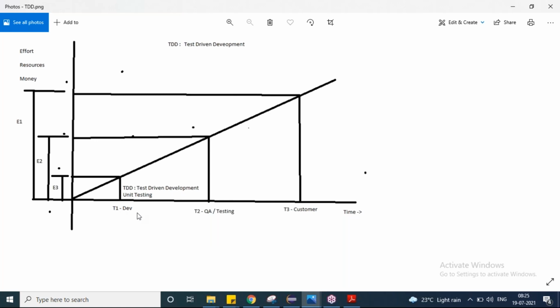In case something has been missed at the development stage and it went to the testing team, then how much time will be wasted, or how much time we need to fix that issue, is different. In case an issue has been reported by the customer, how will it be? So you can analyze this, right? Just look at the diagram.